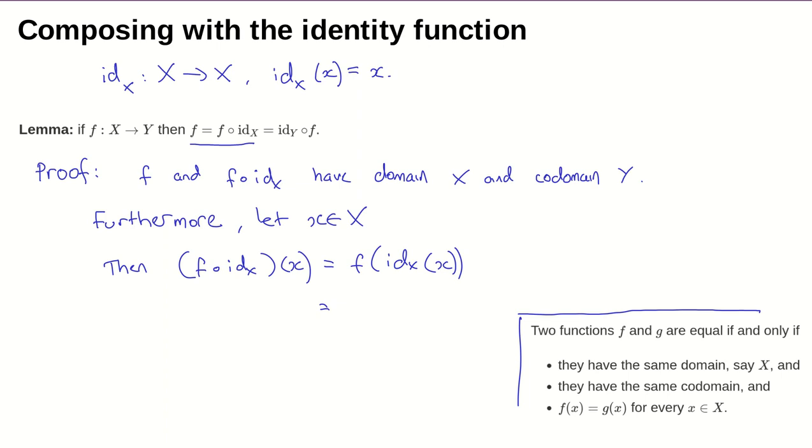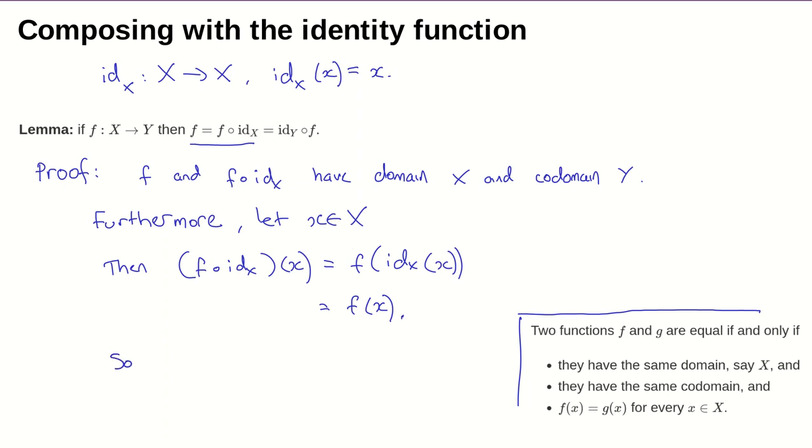Okay, but the identity of x, the identity applied to x is just x again. That's what the identity function means. Okay, so what we see here is that f composed with the identity and f both do the same thing to an element little x in big X, namely they send it to f of x. And therefore,